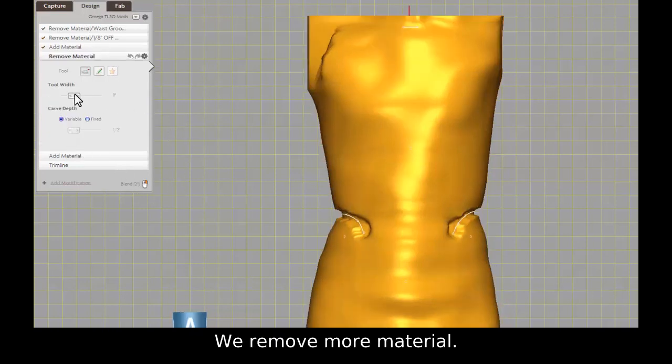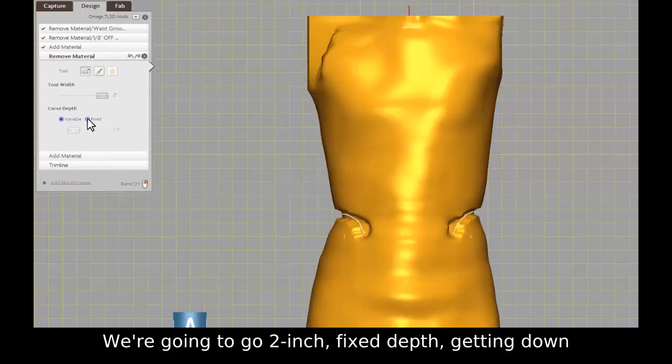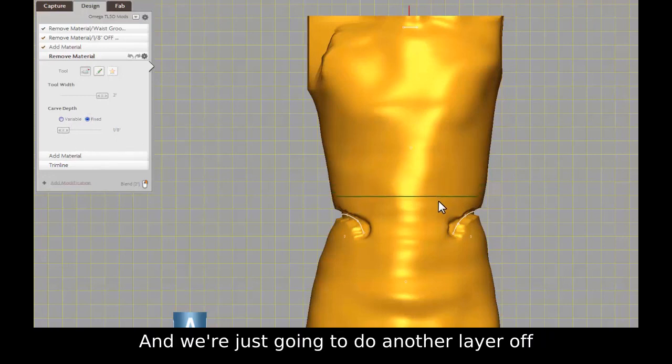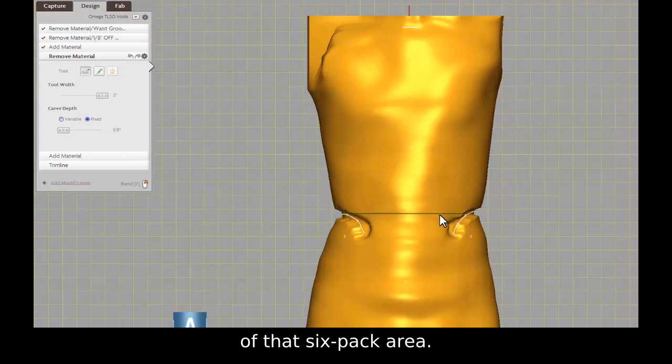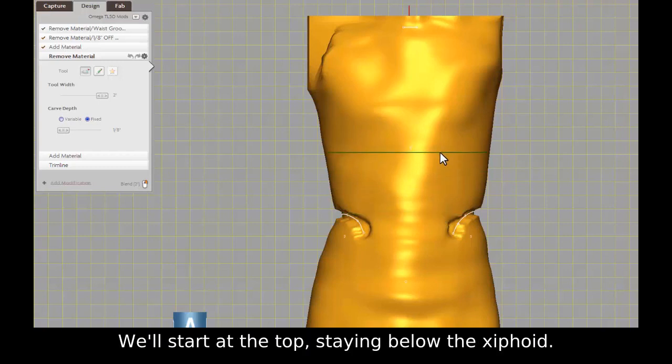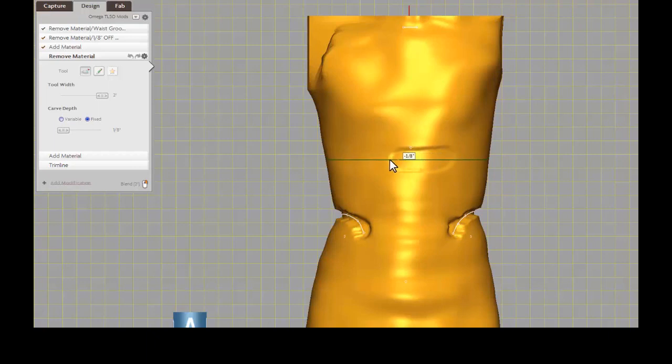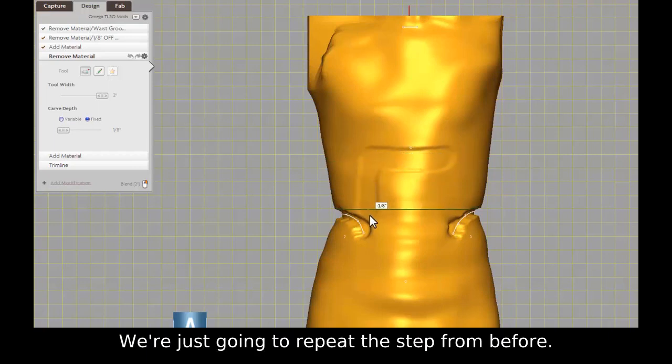Remove more material. We're going to go 2 inch, fixed depth, again down another 1/8. And we're just going to do another layer off of that 6-pack area. So we'll start at the top, staying below the xiphoid. I'm just going to repeat